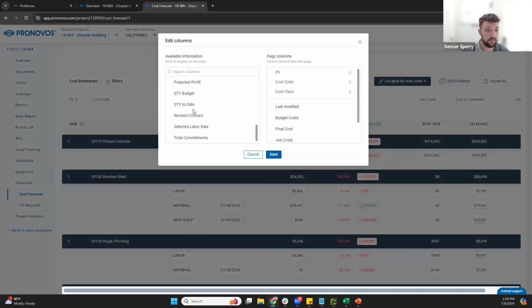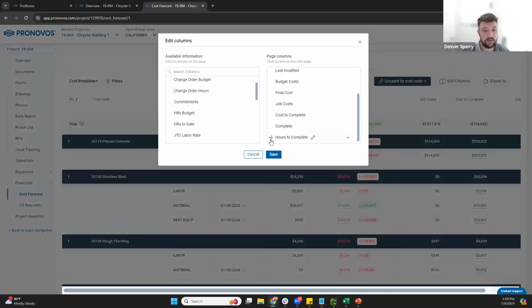You can choose from all the different options in there: commitments, quantities, hours, budget. If you had contracts per individual line items, you can put that in there. Hours to complete, change it. Quite a list, right? If you want to slide them over, you just simply click them. They'll move over to the bottom, and then you can use the little directional pad here to reorganize how the